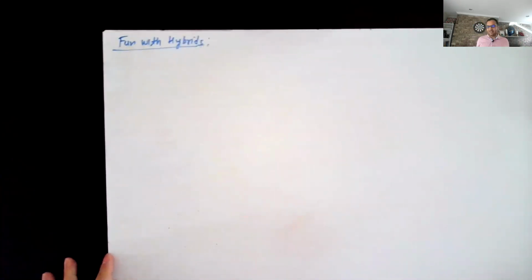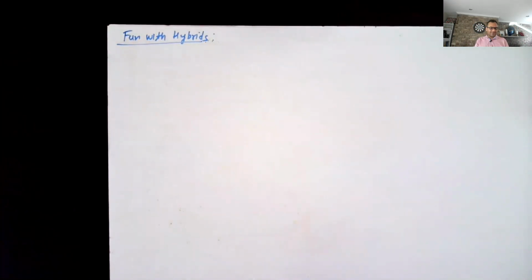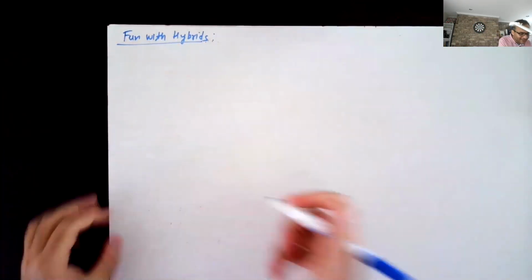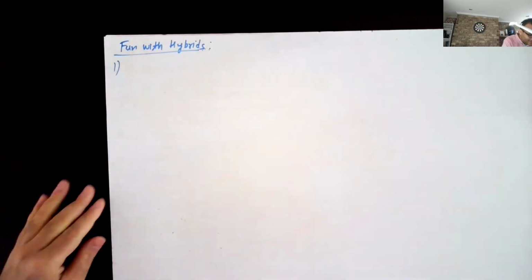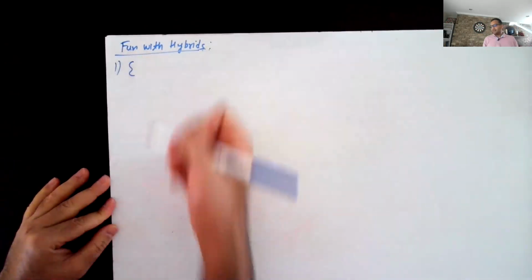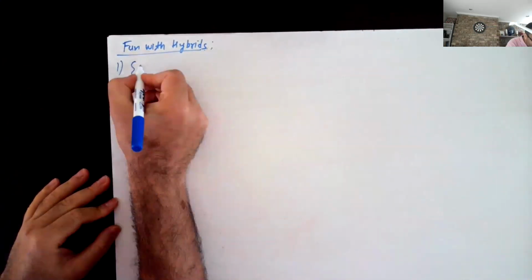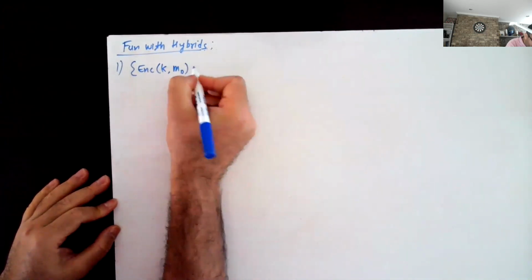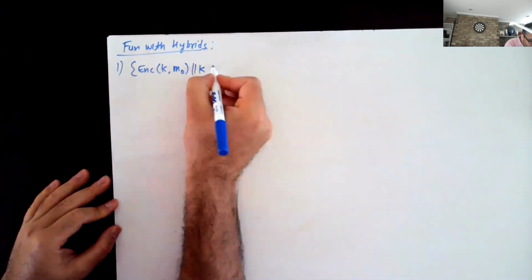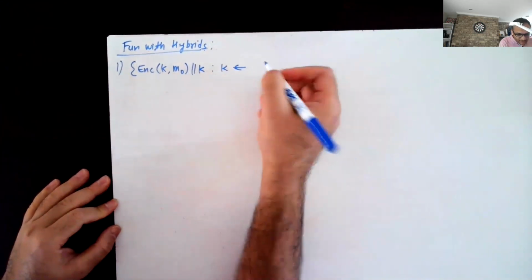So suppose we have a student, let's say Bob, who is enrolled in our class, and Bob submits the first homework, and Bob makes various types of arguments, and hopefully you will try to tell me if these arguments are good or bad. Okay, so let's say we start with this distribution: K comma the encryption of M0, concatenated with K, where K is sampled